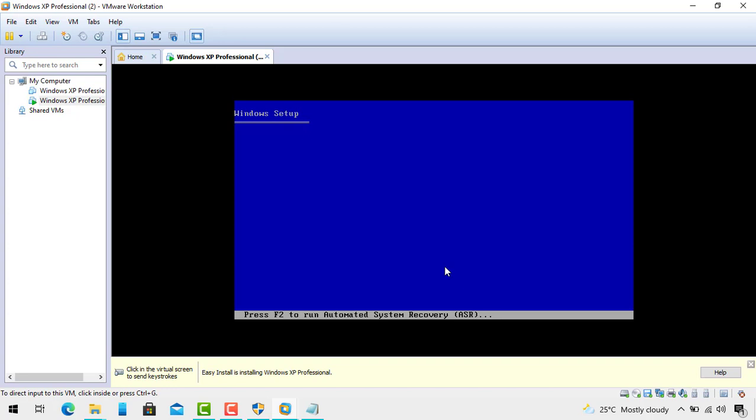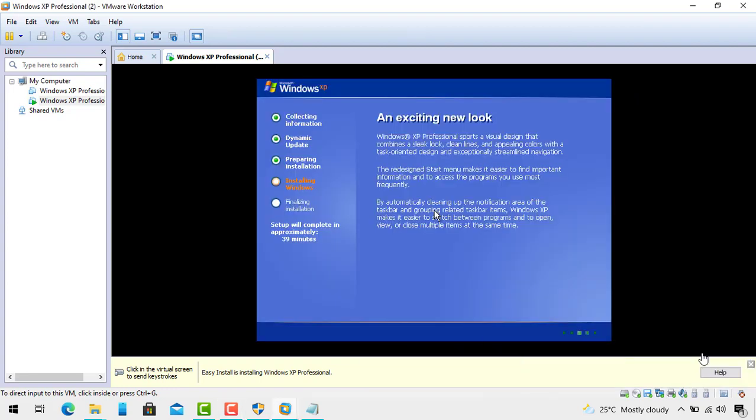The installation of Windows XP has started in the virtual machine. We have to wait until the Windows installation finishes.